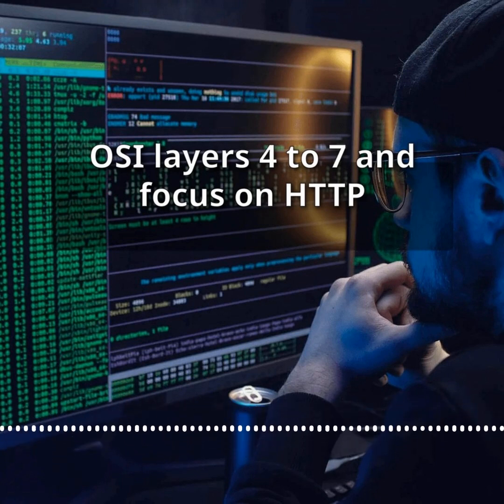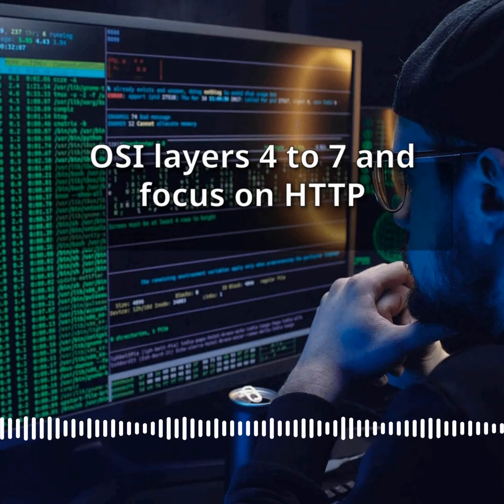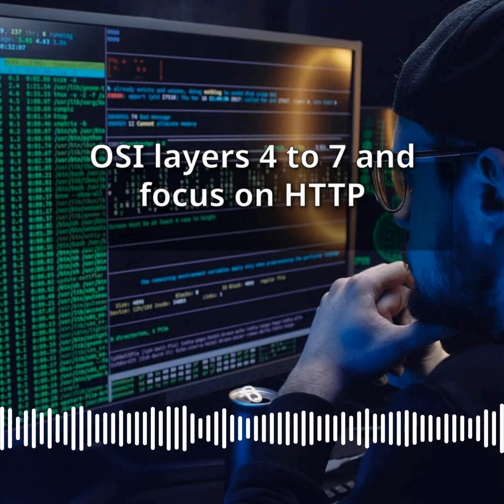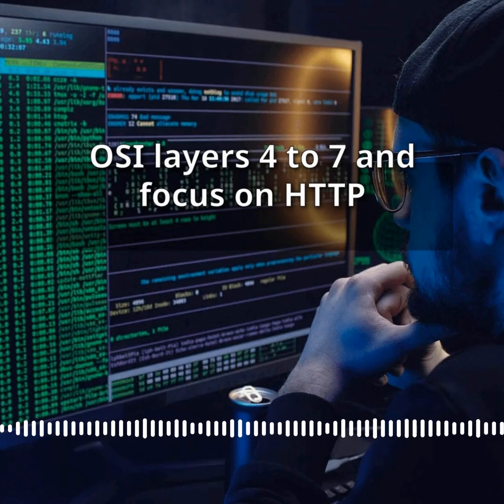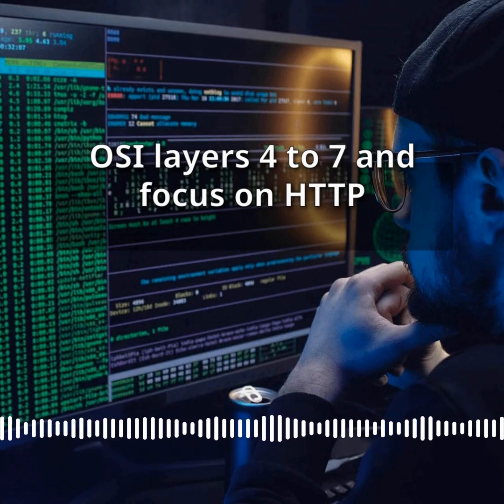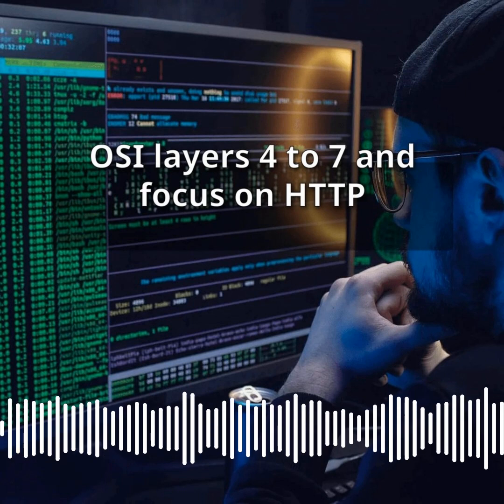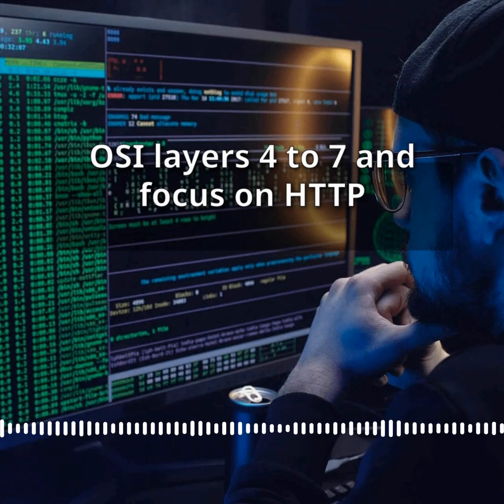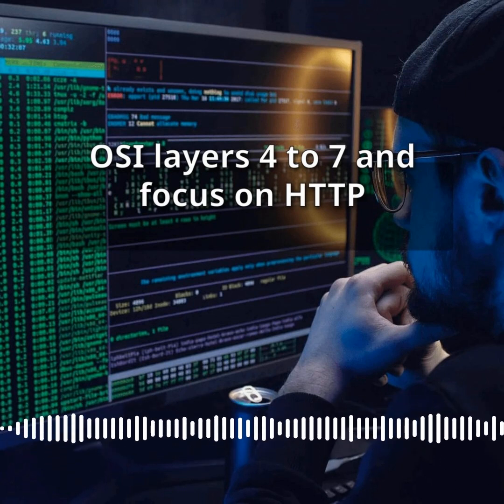The application layer, Layer 7. Layer 7 is the application layer. This is the highest layer of the OSI model and the one closest to the end user. It defines the protocols that applications use to communicate over the network. This layer does not refer to the application software itself, like your browser, but to the communication protocols that those